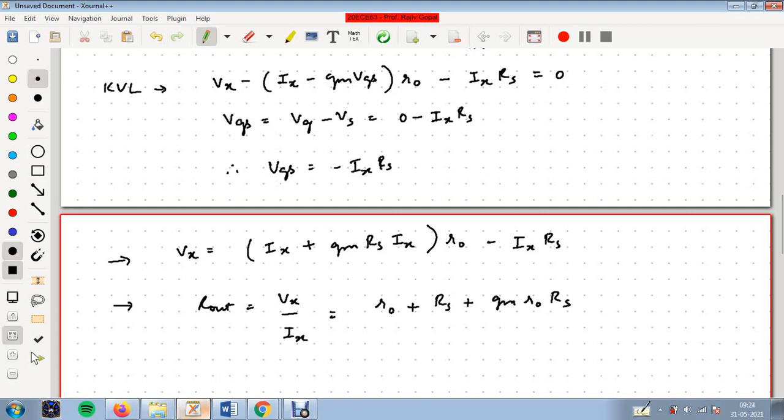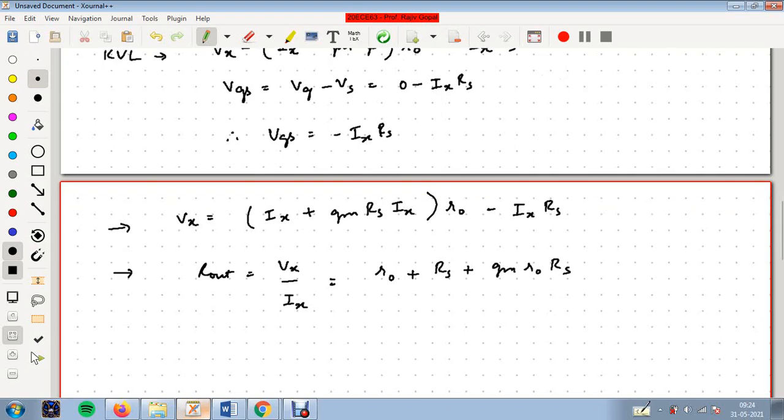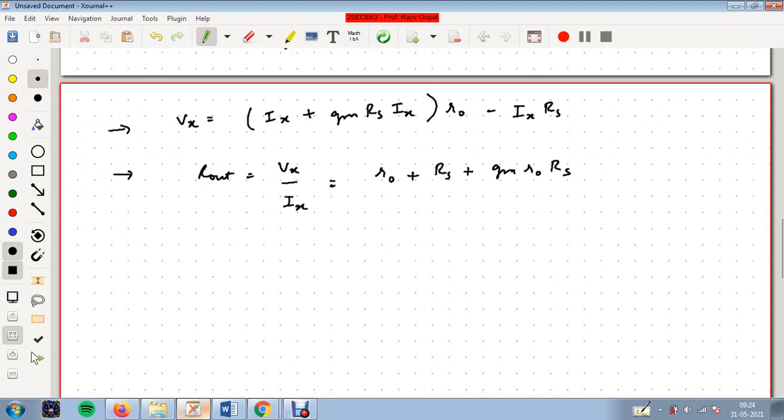Considering all this, if you take Rs common, you'll get R0 into 1 plus Gm R0 into Rs. If in this case Gm R0 is greater than 1, then R out will be